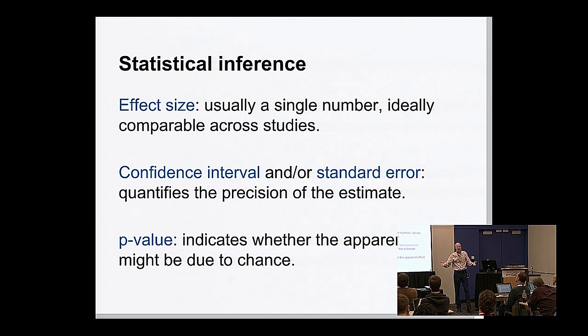Many of you have probably seen p-values as a way of computing the probability of the outcome that you saw under the null hypothesis, which is a way of inferring whether the effect that you saw might have been due to chance. So I just want to get a sense of the background of people coming in.